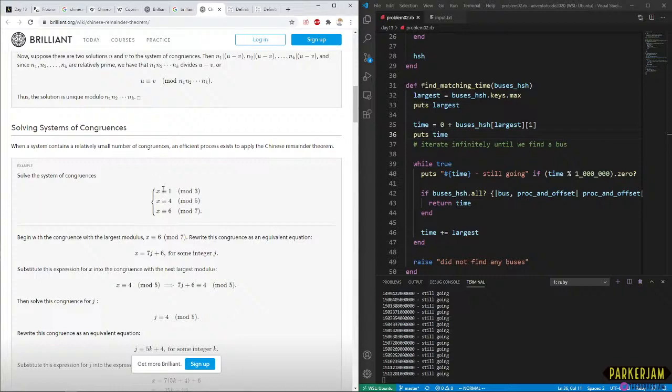I guess it's saying that x is congruent to 1 mod 3, 4 mod 5, 6 mod 7, I guess.